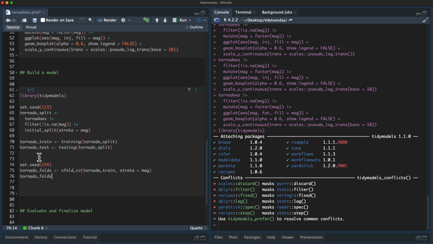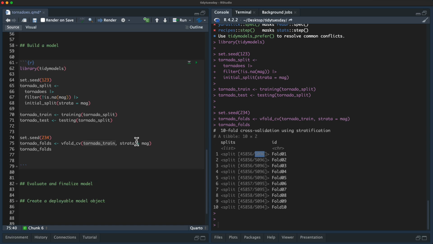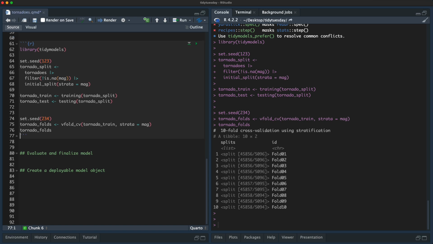So what do those look like? There we go. Okay, so here we have our 10 cross-validation folds. This all together is the training set. Notice I'm making my resamples from the training set. And then I have 10 resamples where this is like a little mini training set. We call it the analysis set. This is a little mini testing set called the assessment set. So as I go through and do feature engineering and tuning of model hyperparameters, these are the 10 data sets I'll use to be able to say what is the best choice. Okay, that's the first step of my model building process, spending my data budget.